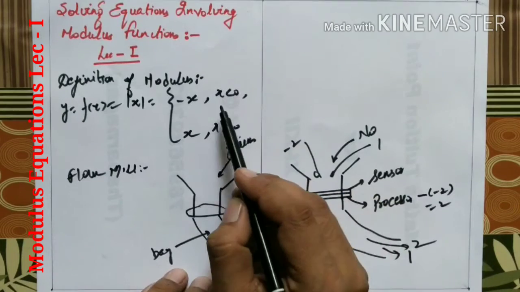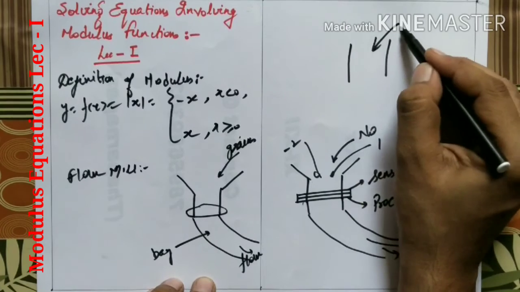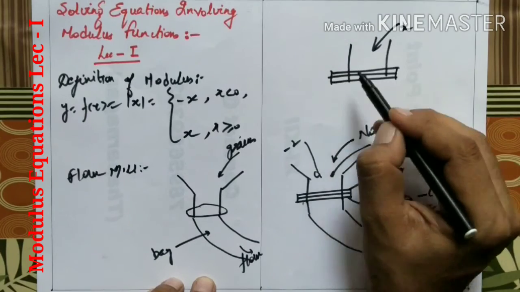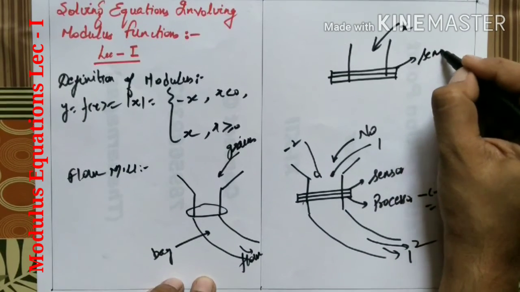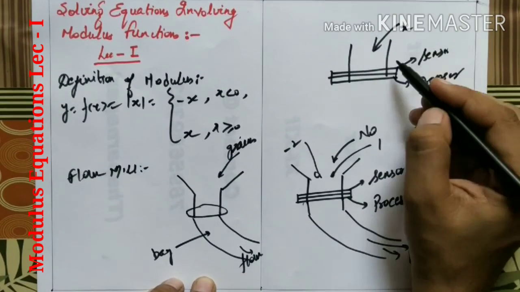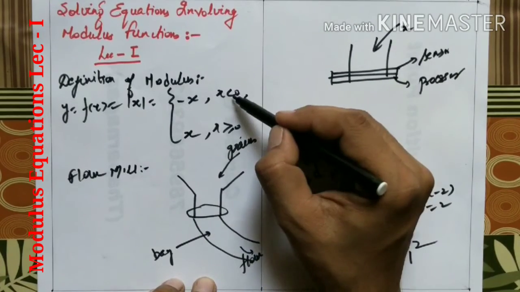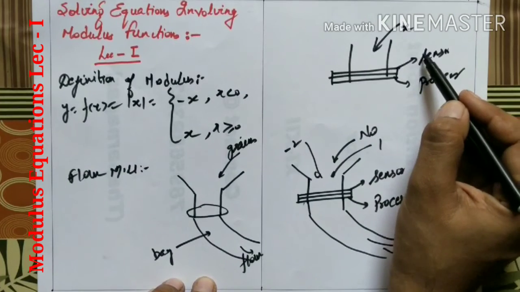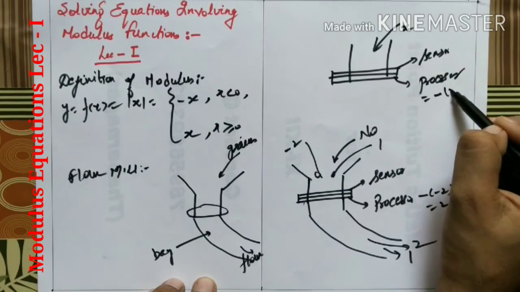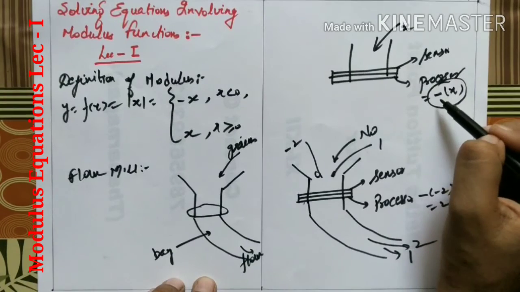So it's about the same thing we are doing over here. Suppose there is a machine and you have inputted a number x over here. So there is a device over here which has to confirm the sign of the number. This is a sensor, and this is a processor. So when you have inputted x over here, the sensor asks, is the number positive or negative? The answer comes out to be the number is negative. Then the processor gets activated. It converts the negative number into positive by multiplying with the minus sign. So this minus x, if x is negative, is in itself a complete positive number.